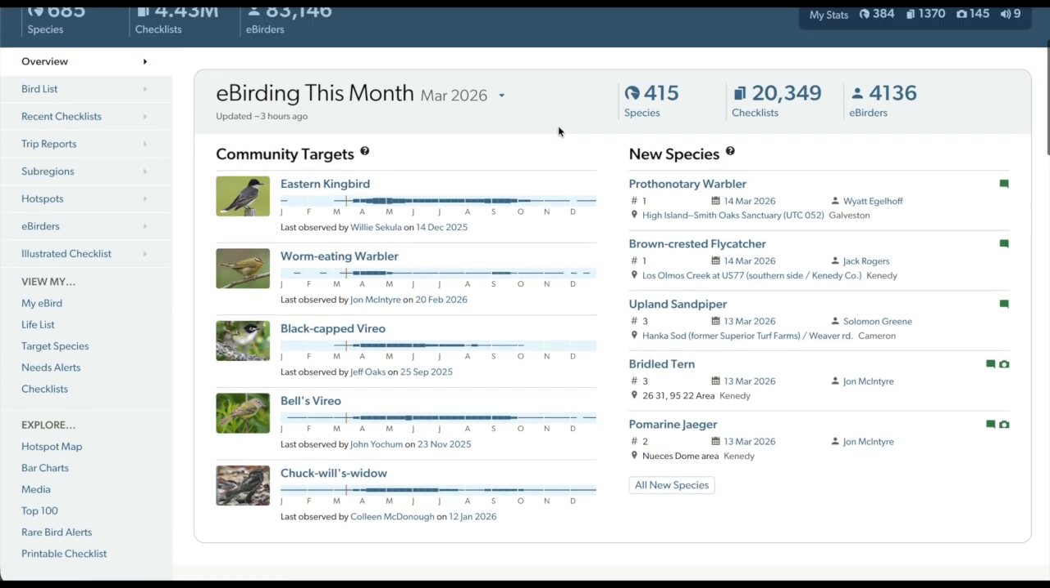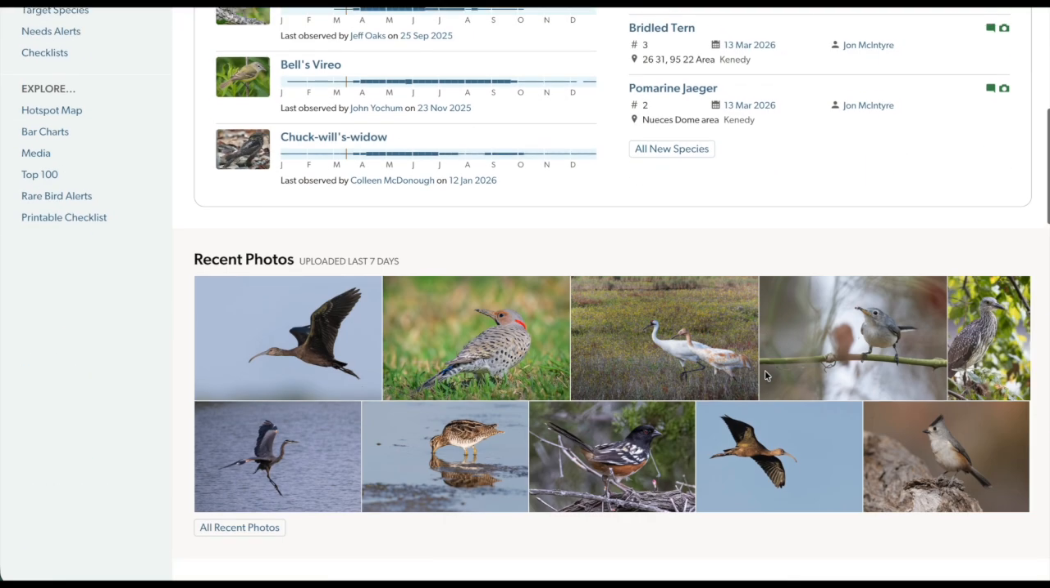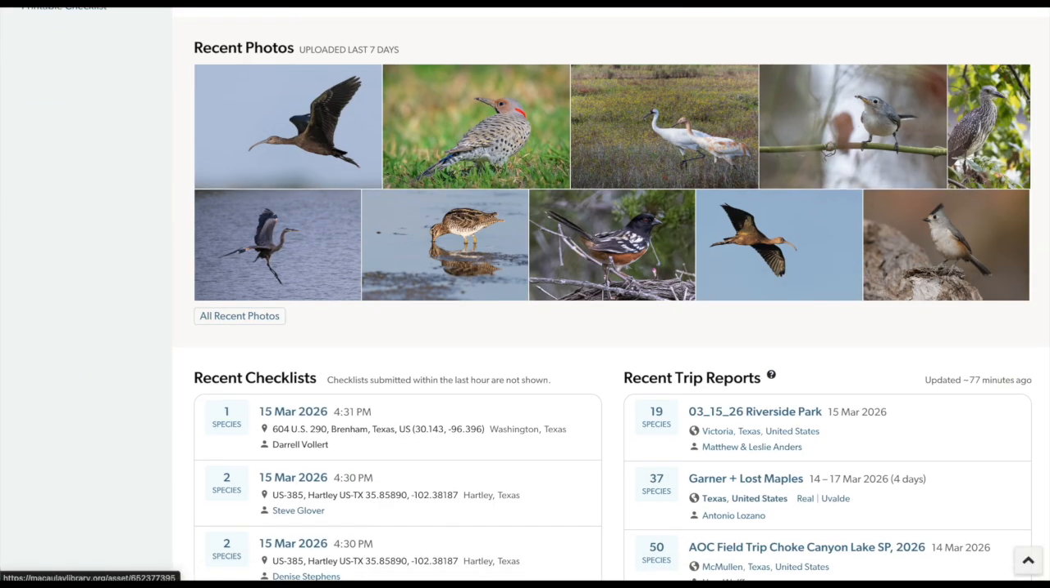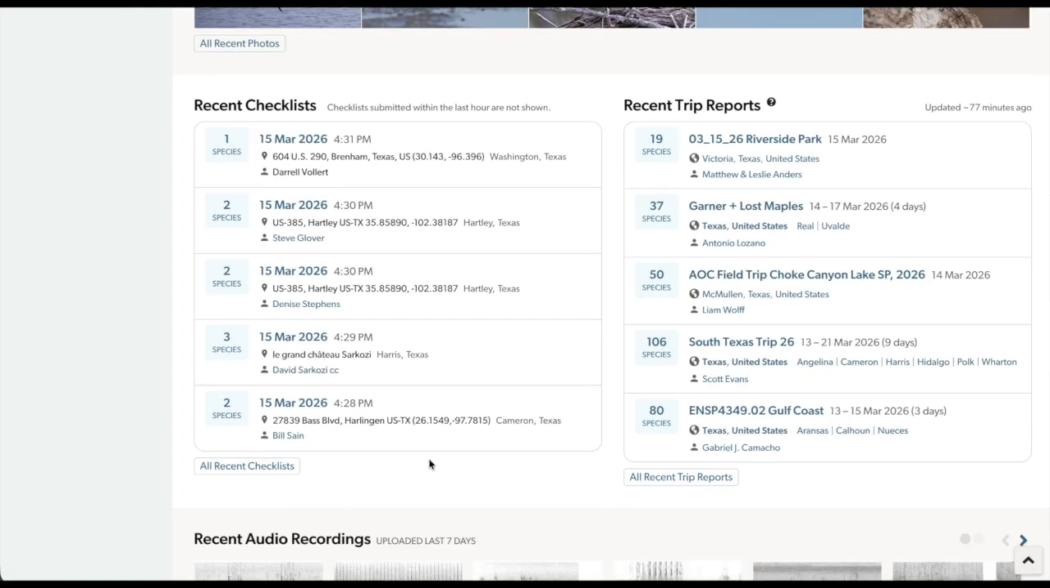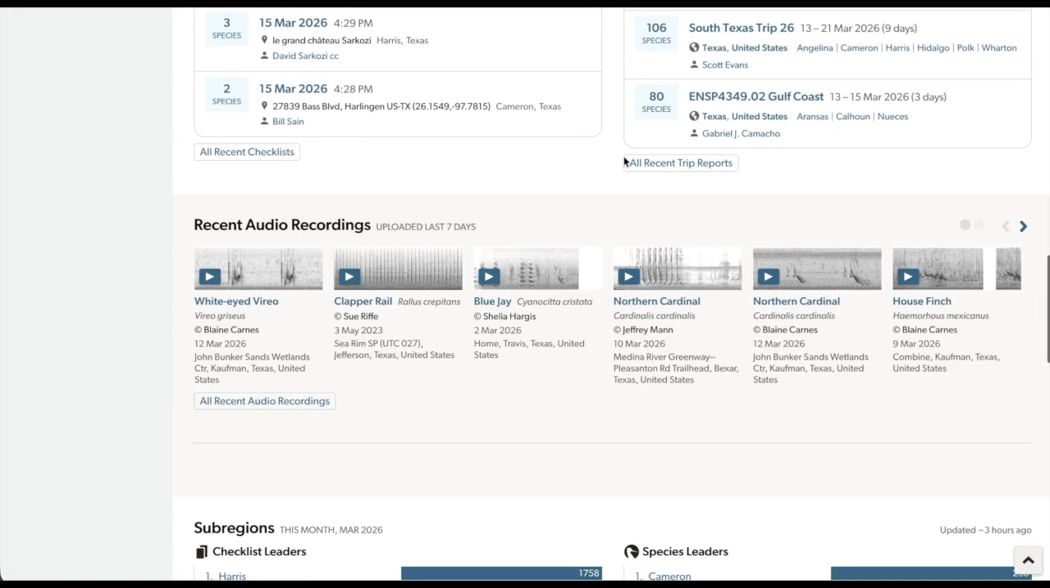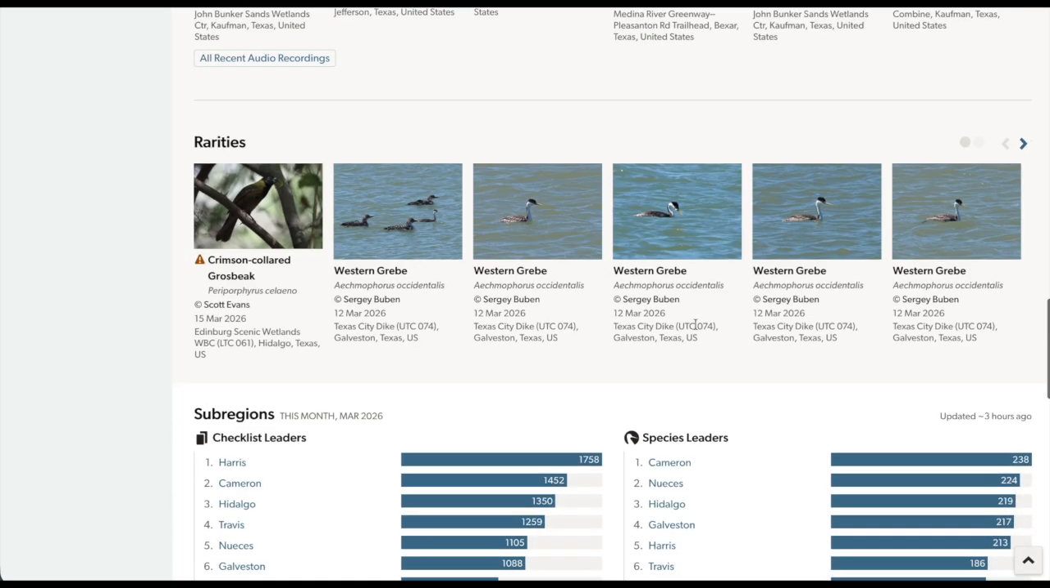But if we scroll down, we're going to see some stats for this month. These community targets are birds that have not been seen in this region for this month. So that can give you a good target to go out and try to find. Some new species for the month are going to show up right here. And then if we scroll down, we'll see some recent photos from the region, some recent checklists, and some recent trip reports. Also, we've got recent audio recordings and some rare bird sightings here,